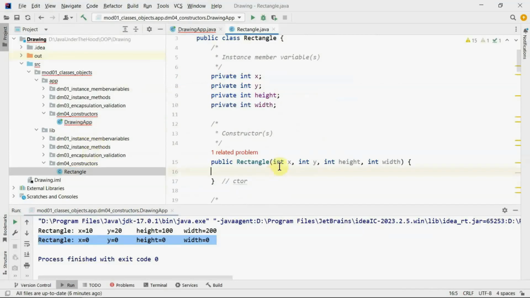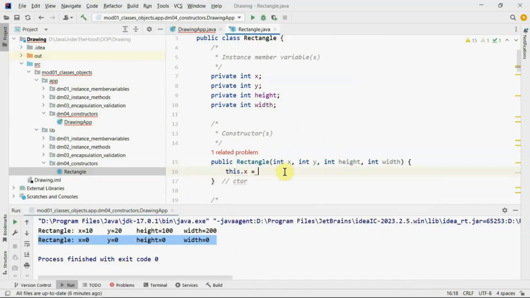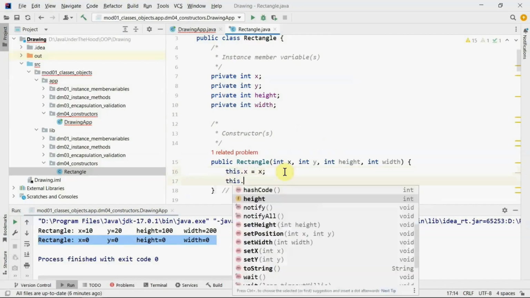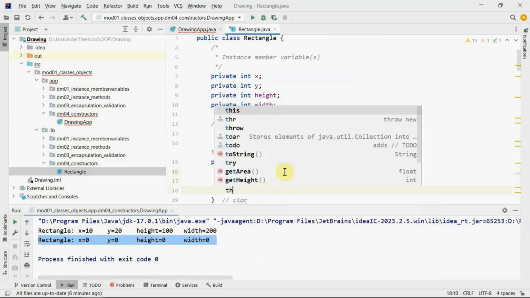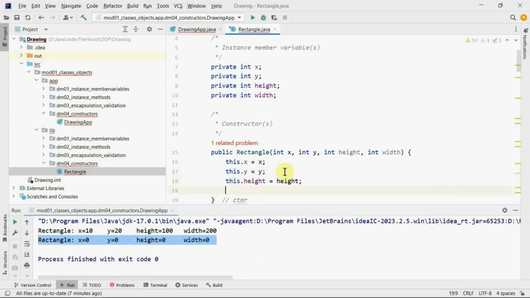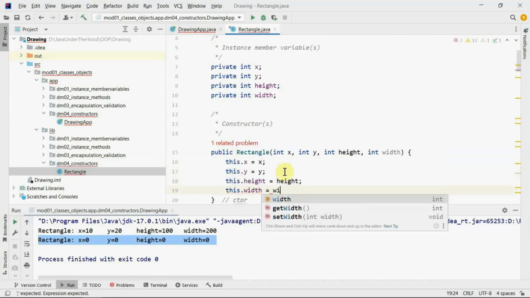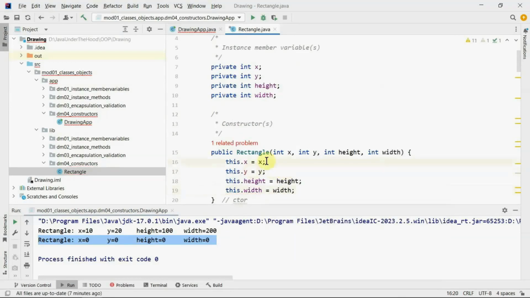Well, initialize the properties. Assign the value of the parameters to the individual properties. So this dot x is x, this dot y is y, this dot height is height, and this dot width is width. For now, this is enough. There still seems to be a problem, one related problem, and we actually see that the problem is occurring in